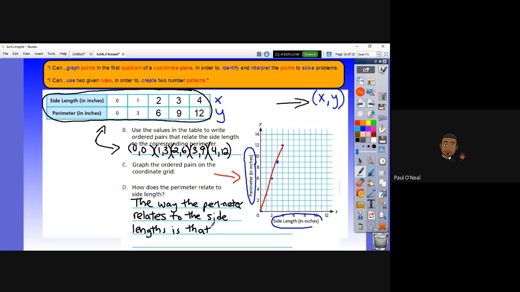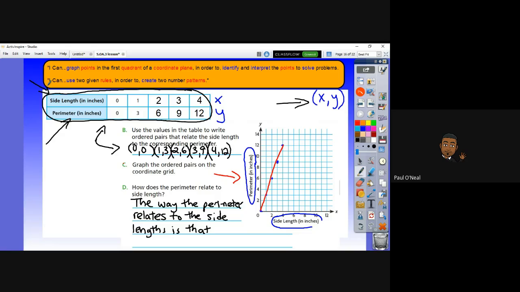How does the perimeter, which is right here, 0, 3, 6, 9, 12, how does that relate to the side lengths, which are here? 0, 1, 2, 3, 4. And of course, we can keep going. Well, hopefully you've tried to figure it out. But the way they relate is if I were to look at the side lengths as well as the perimeter